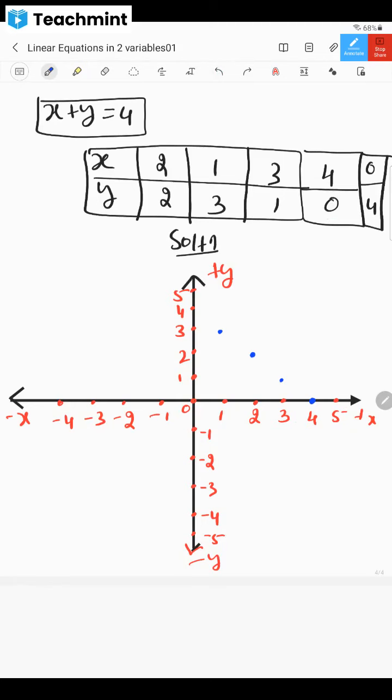Next (0, 4). Where is (0, 4)? Don't you think this blue point, whatever I've drawn just now, is (0, 4)? Because 0 means on the x-axis I should not move here or here. And 4 means I should be moving above. So don't you think they are the points? Yes, that is the point. So you know that in coordinate geometry. Now you have got all these points.